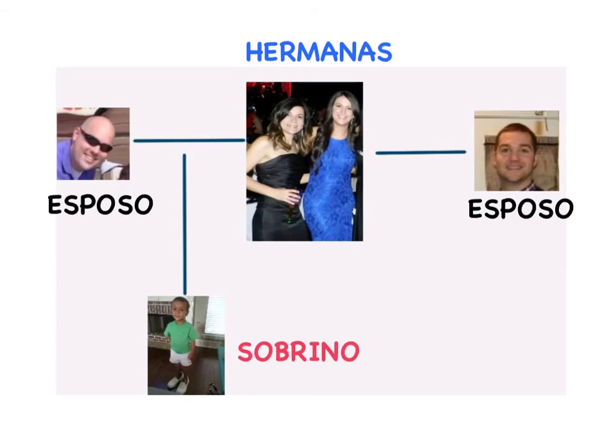Finally, if you notice, my one cousin has a little boy. He is not her sobrino though. Sobrino is the word that is going to be used to describe him in his relationship to this prima right here because he is her nephew. Remember, an hijo is the son, or hija is a daughter.